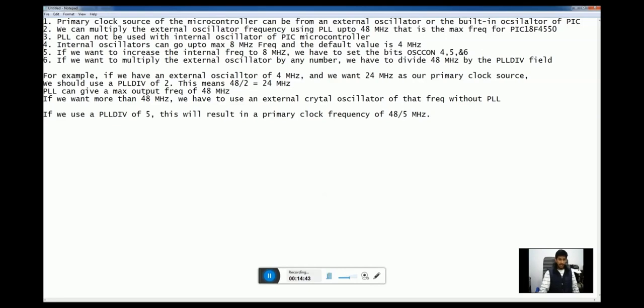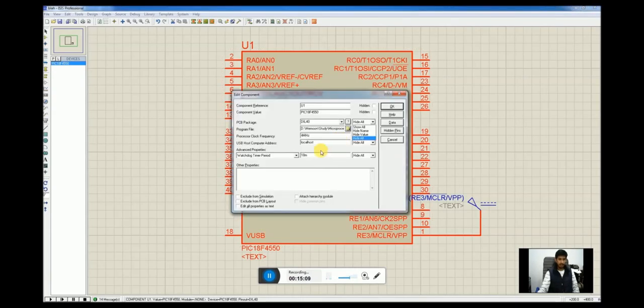One last thing that I should tell you here is that you cannot use the internal oscillator to simulate your code on Proteus, because as I told earlier, and you can see here, we already have a processor clock frequency option here.